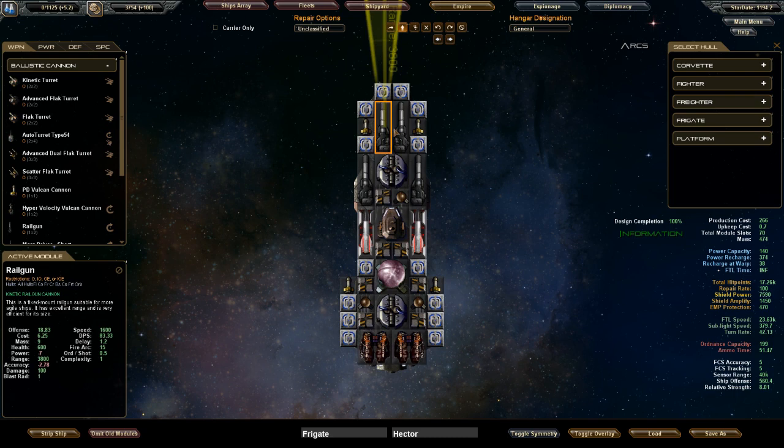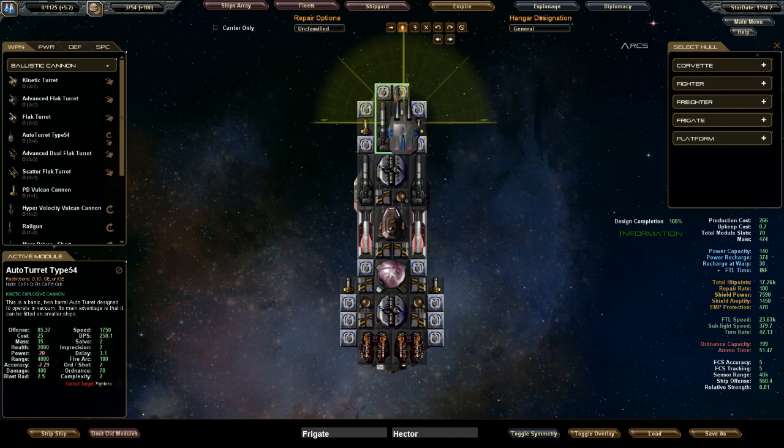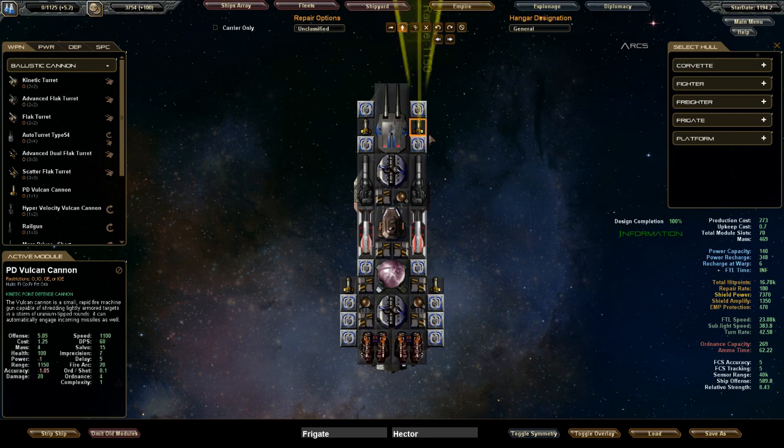So damage per second is 83, apparently. Whereas with the auto turret, it is 258. Oh, it's bigger. It's big bad. Oh, well, we could do that, couldn't we? Yeah. Let's have that at the front. These little PDs, do we want them? I think so. Just to make sure that we can deal with any incoming missiles, but I'm